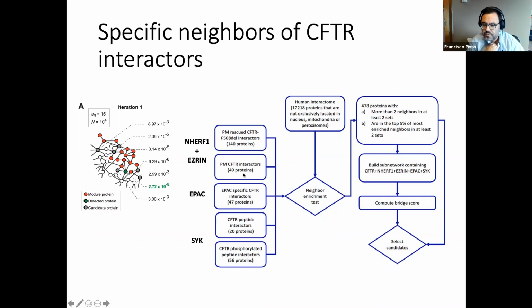So we have these 5 sets of proteins, and we used the human interactor network, derived from protein physical interaction networks, excluding proteins that are only located in the nucleus, mitochondria, or peroxisomes, because we know that these interactions that we want to study occur in the cytosol. CFTR is in the membrane, but these proteins interact with the intracellular domain of CFTR. And we wanted to detect other proteins, not these ones, but other proteins that would interact with these lists